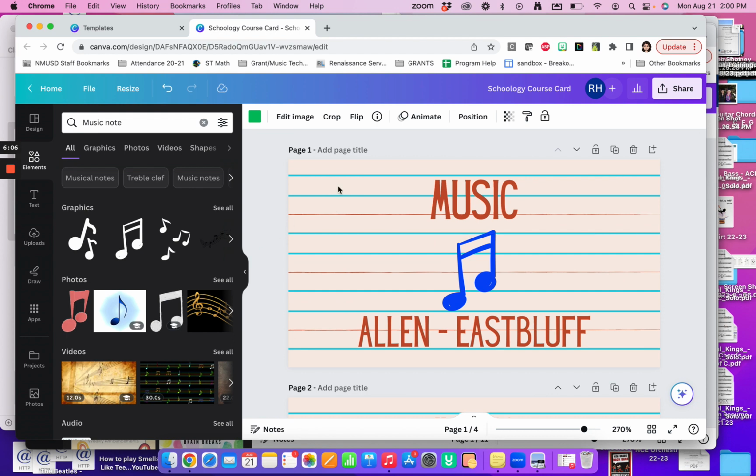Now, I like to keep this organized, so I'm going to call these Schoology course cards. This is just an example, so I'm going to put example. These are not the cards that I'm going to be using. I'll show you those cards in just a minute. And then after that, you are going to download them. I'm going to show you how to download them momentarily, but I'm going to switch over,